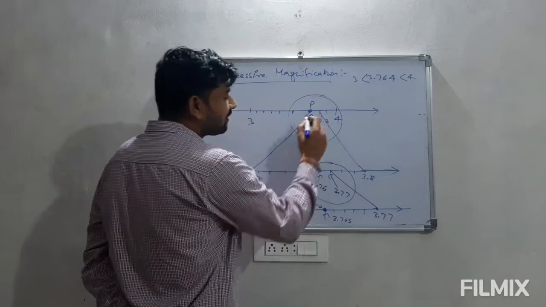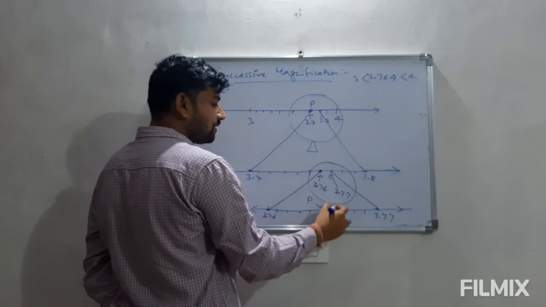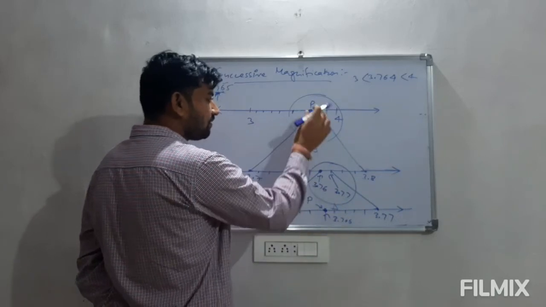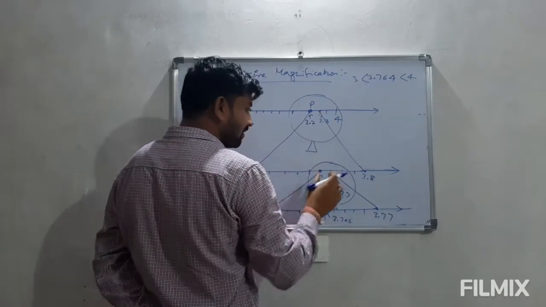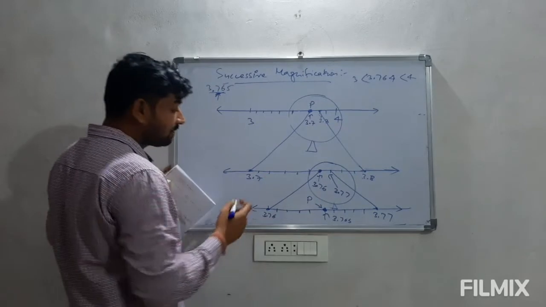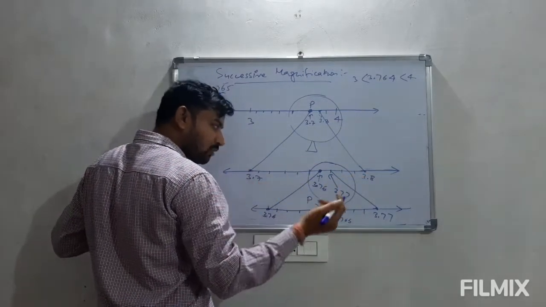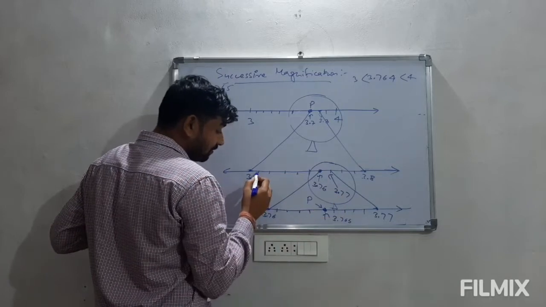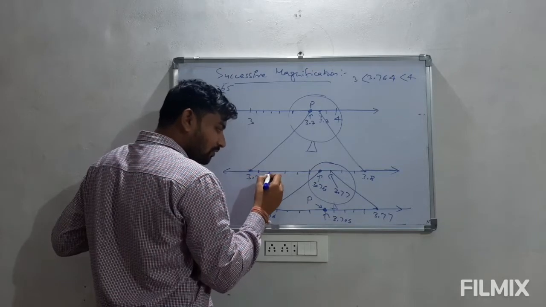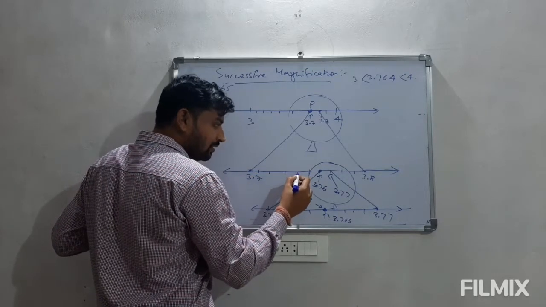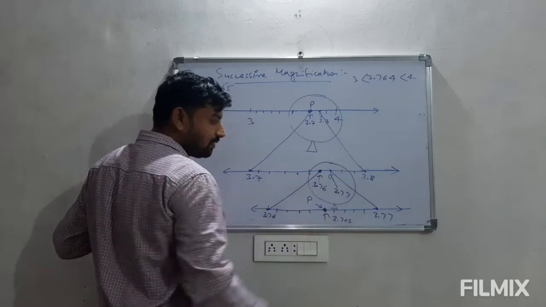So we selected this, and the next digit will be 3.8. We have magnified it by using a magnifier. So it is 3.7 and 3.8 magnified. So this unit distance is now expanded in 10 parts. We have divided 3.7 to 3.8, this part of number line, in 10 equal parts. So the first part will be 3.7. Here this number will be 3.71, 3.72, 3.73, 3.74, 3.75, and this will be 3.76. The next number will be 3.77.